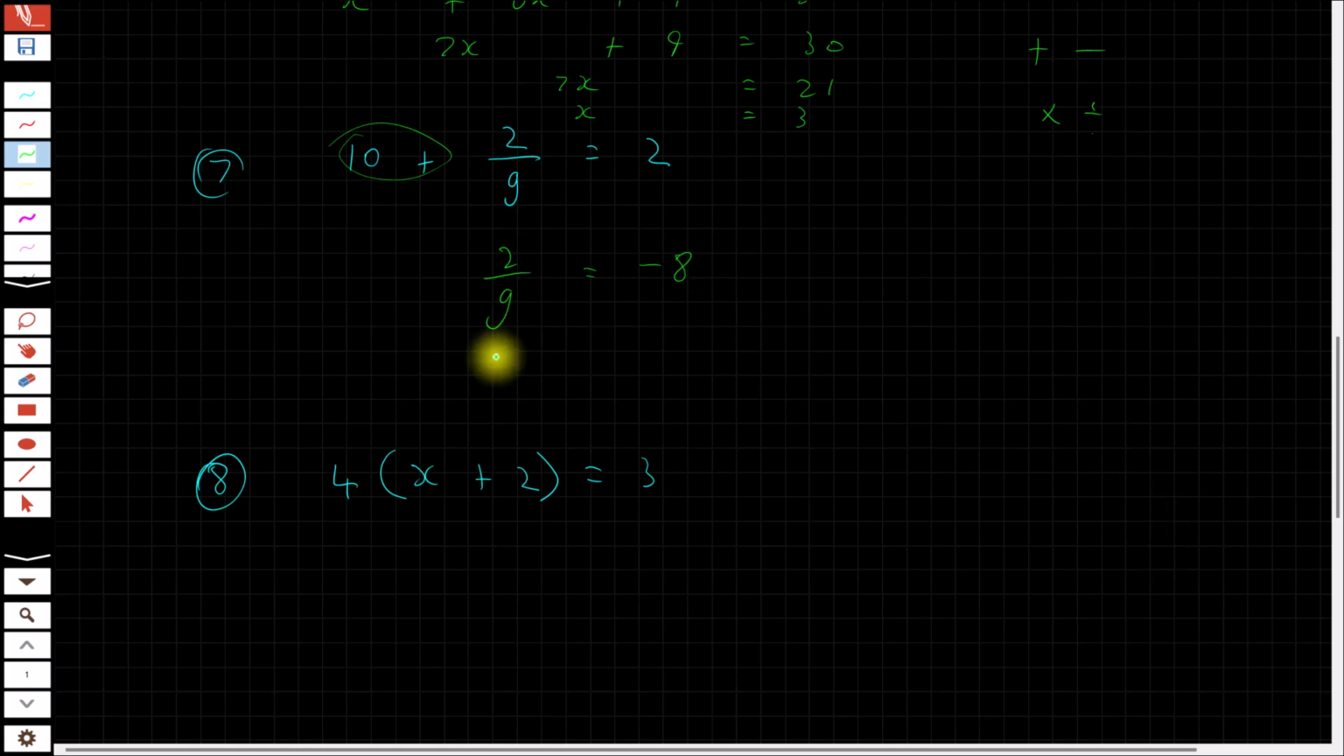Now we have 2 divided over g, or 2 divided by g. Remember the opposite of divide is times. So we need to, now g is on the bottom line. We need to have it on the top line to see what it is equal to. So we need to get that g on the top somehow. So we have a divide, and we know the opposite of divide is times. So if we times g on the